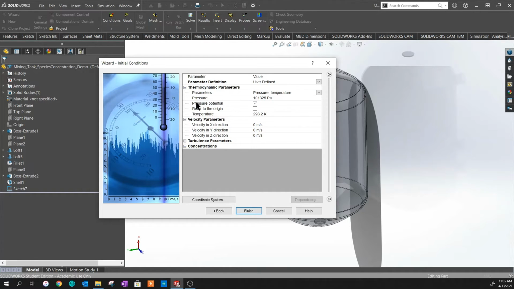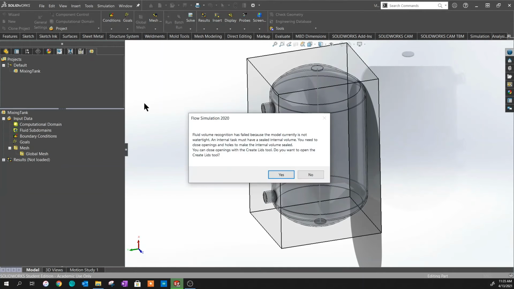And then this is our initial condition screen. So we're going to leave the initial velocity of our fluids at 0. All that's good, temperature's good, but we do want to change this to have our entire fluid model filled with nitrogen at the very beginning. So then we're going to click finish,